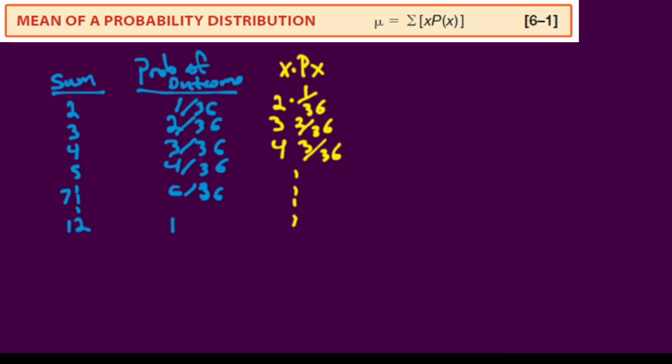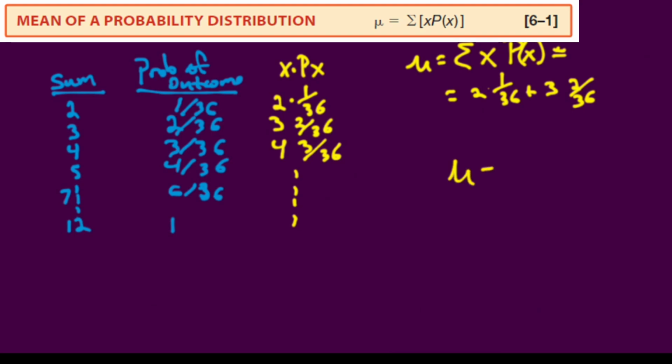Or we could think about the mean and just simply writing out the sum of x, p of x. And if we again wanted to kind of display that, it'd be the same. It'd be 2 times 1 over 36, right? The p of x there, plus 3 times 2 of 36, and so on. Now, I'll let you verify this, but the mean is going to spit out as 7. Okay, and so